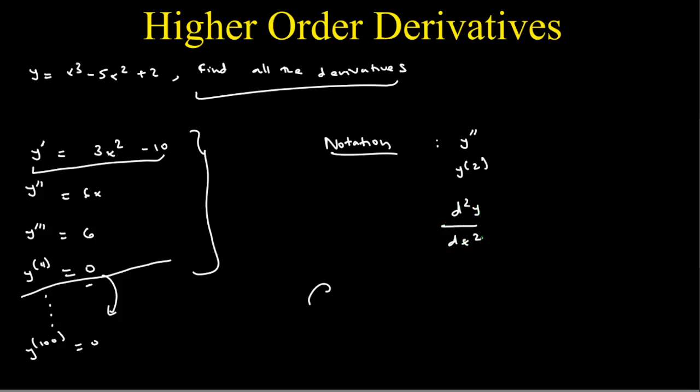And this just also means the second derivative of the function y. And also occasionally you might see this, and that just means, again, the second derivative with respect to x, right? But since this is much more compact, you'll probably see this much more often than the one here. And that's basically it for